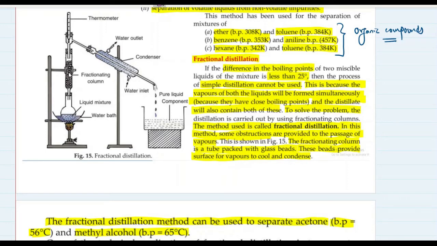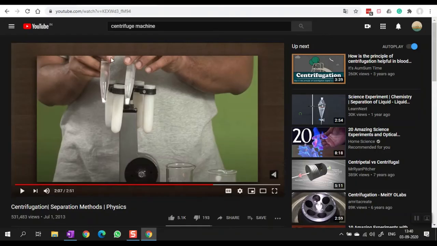It will not trickle down by becoming liquid again, because the temperature on the thermometer will be constant at 65 degrees Celsius for some time. And all the methyl alcohol present in the round bottom flask, only methyl alcohol, will also get evaporated, condensed and received in a fresh new container. So in the first container we received the first component, acetone. In the second similar container we received pure methyl alcohol. So that's how you use fractional distillation. Let me check if we can see a video of this.